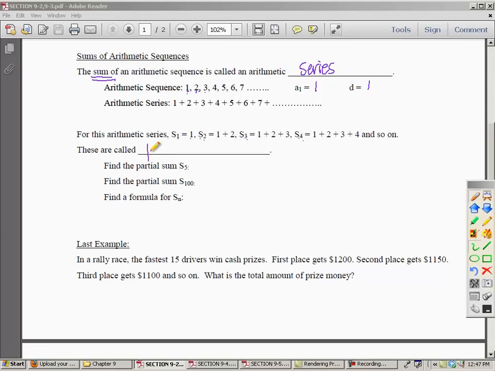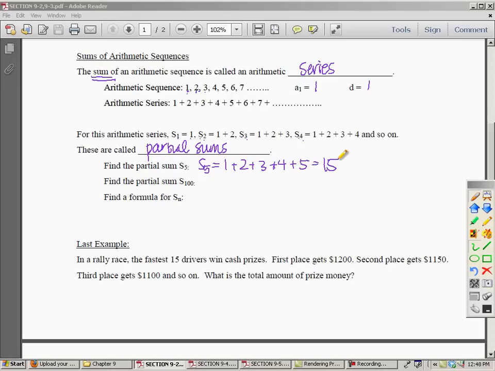These are called partial sums. And partial sums means you're adding up a specific number of terms. So if I need to find the 5th partial sum, the sum of the first 5 terms, I take 1 plus 2 plus 3 plus 4 plus 5, and I end up getting